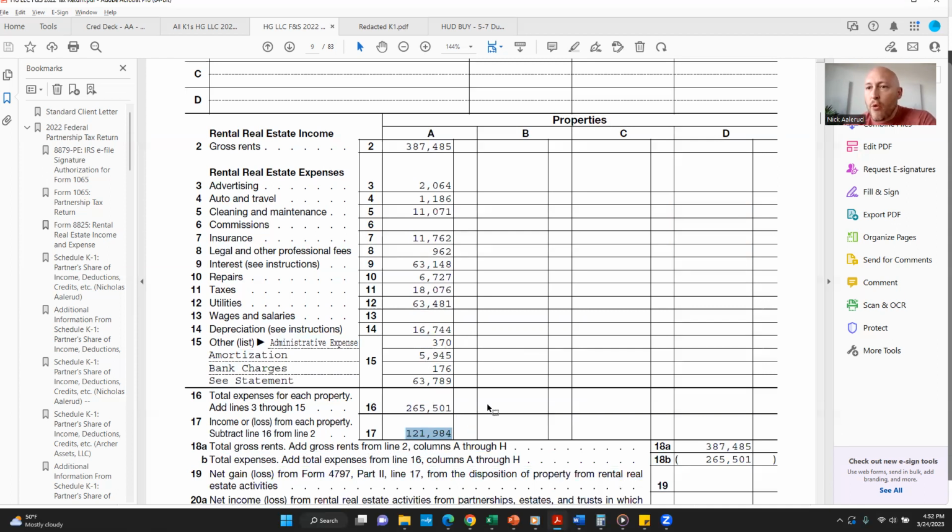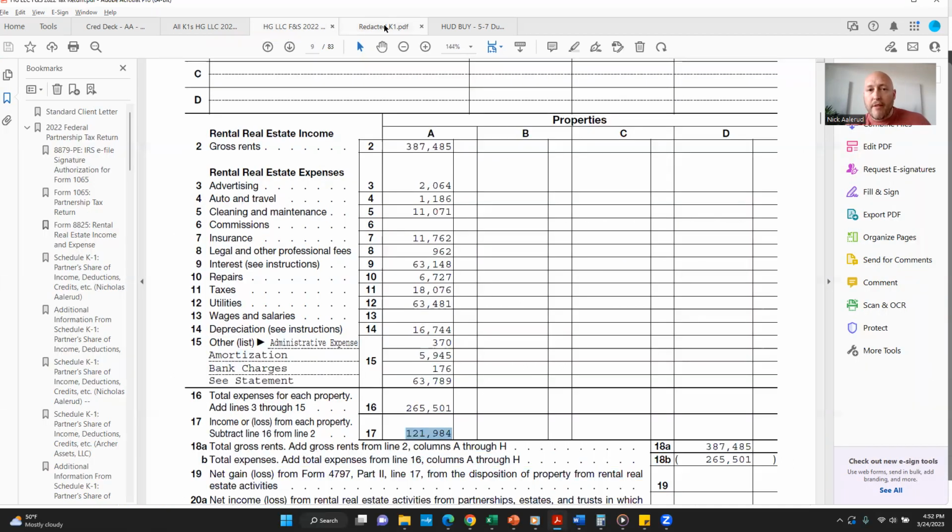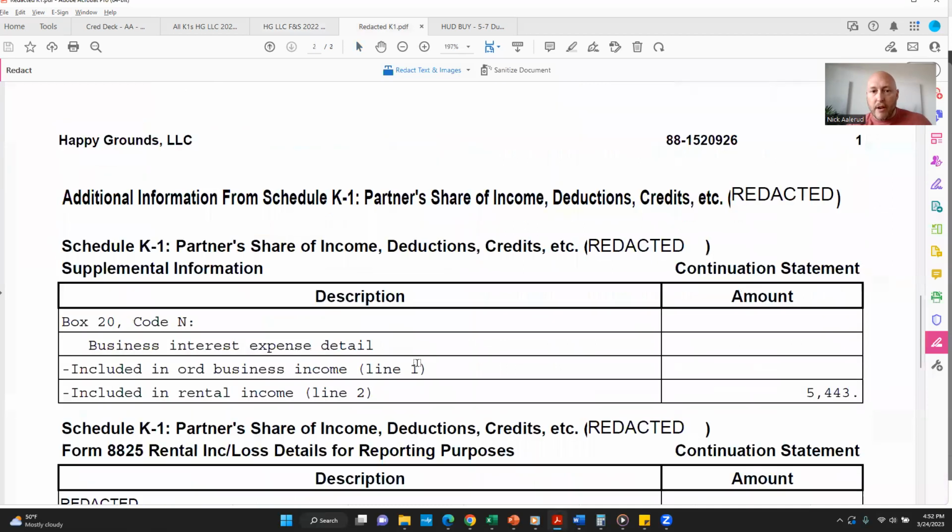Now, you'll take your percentage interest, right? Or the CPA does all this. Our CPA, Gina, does all this for you. Our CPA looks at the operating agreement and takes your percentage interest in the project and allocates it from this number here. So we'll look at one of these so you can see what this looks like. So here's a K1. And she took that exact number that you just saw, this 121,984, and this particular investor,